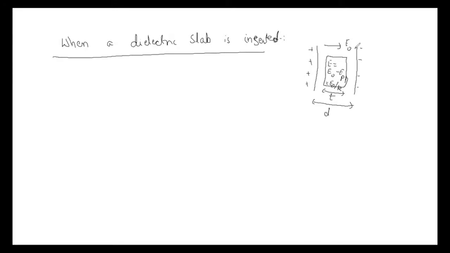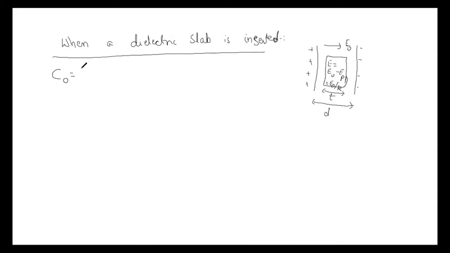Okay, this is an air-filled capacitor whose separation distance of the plates is d. So the uniform electric field created between the plates is E naught. Now a dielectric slab of thickness T is inserted between the plates of the capacitor. We know that the electric field inside the slab will be reduced, and the reduced value of the electric field is given by E naught minus EP, which is also equal to E naught upon K, where K is the dielectric constant.